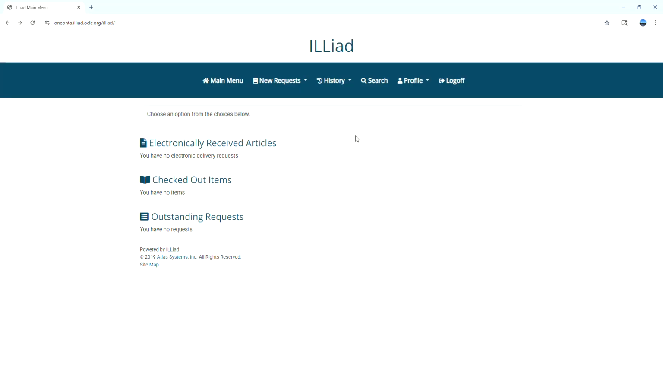Once you have submitted that request, you will receive a notification when it is available for pickup. If it is a physical book, you can pick it up here at the Milne Library. If it is an article, it will most likely be electronically received, and you will get a notification that it